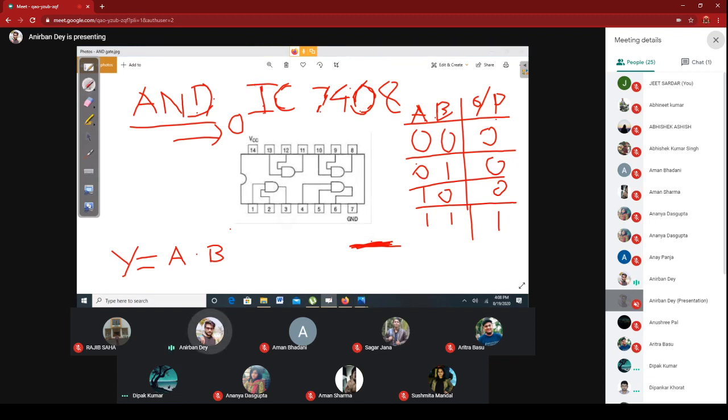Pin 3 is used for the output; 1 and 2 are for input. Similarly, 4 and 5 are the inputs and 6 is the output.